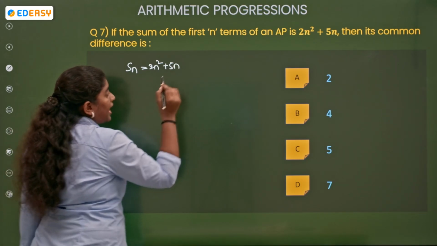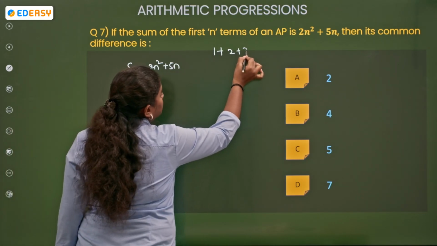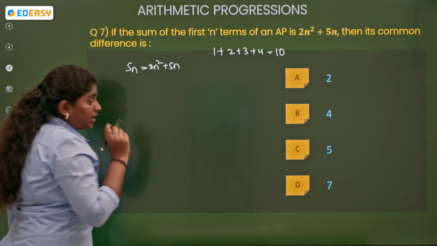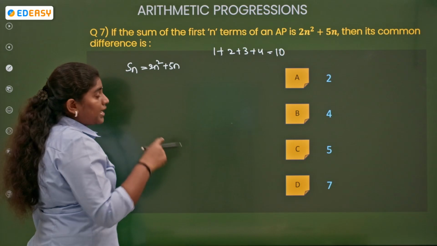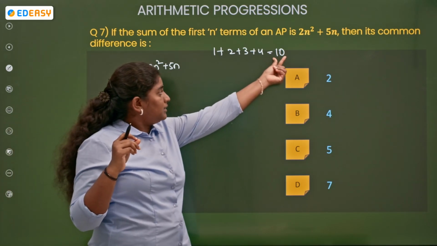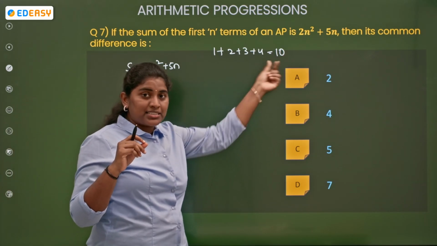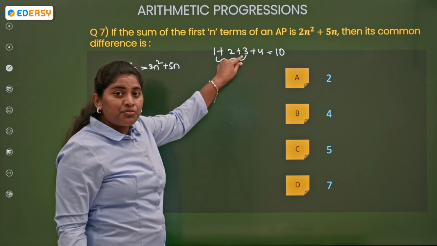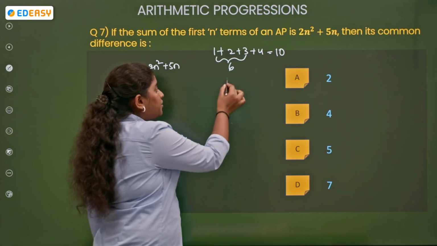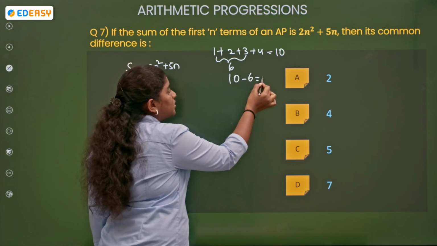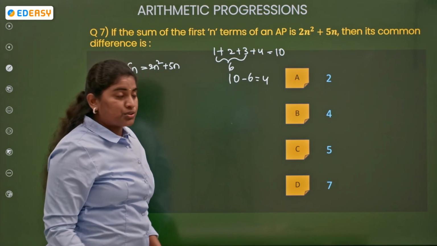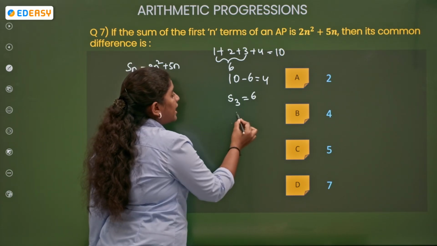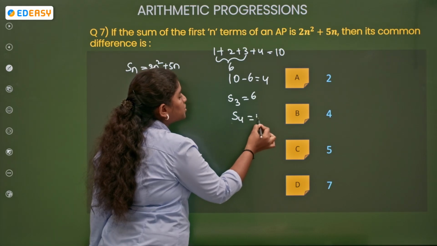Right? Now, I have a question for you. 1 plus 2 plus 3 plus 4, how much will you get? 10. Right? Now, what if I give you the sum as 10, and the sum of these first three terms as 6? Can we find the fourth term? How will we find it? We get it by 10 minus 6 equals 4. Understood? So now I am saying that the sum of the first three terms equals 6 and the sum of the first four terms equals 10.